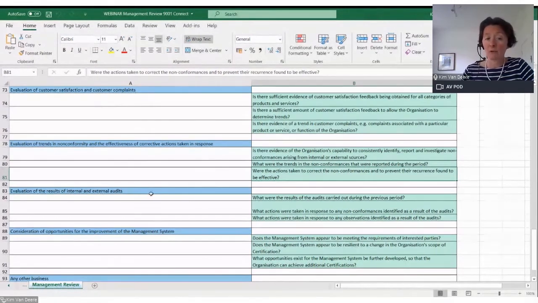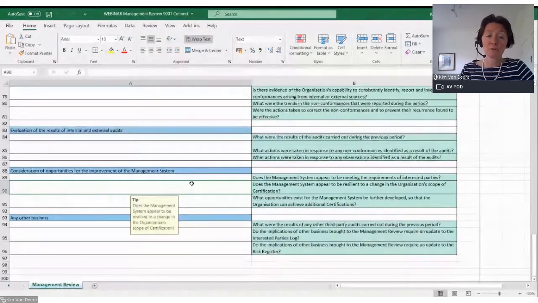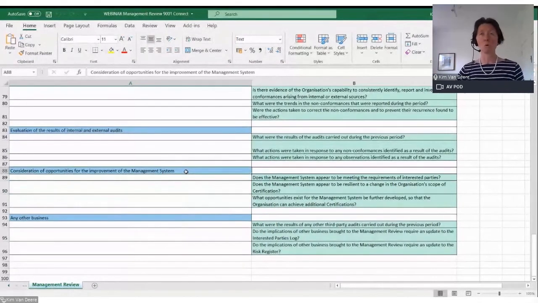Looking at the outcomes of internal and external audits. Again, we spoke about that earlier. Considering opportunities for improvement. So this is really what we're trying to achieve by running management systems, getting better at what we do,